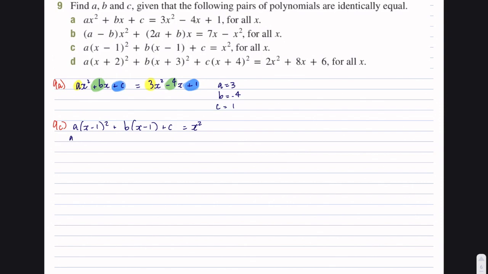So for this one, we've got a outside of, well, x take 1 squared is x squared take 2x plus 1, because don't forget, a take b all squared is a squared take 2ab plus b squared. Now I've got plus bx take b plus c equals x squared. So I've got ax squared take 2ax plus a plus bx take b plus c equals x squared. Now, I'd like to let you know that x squared is the same as x squared plus 0x plus 0,